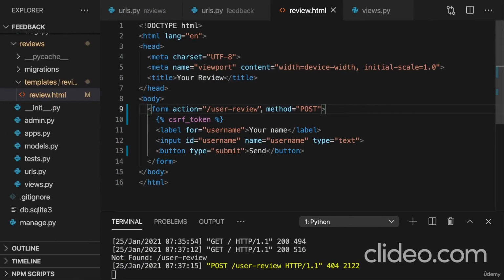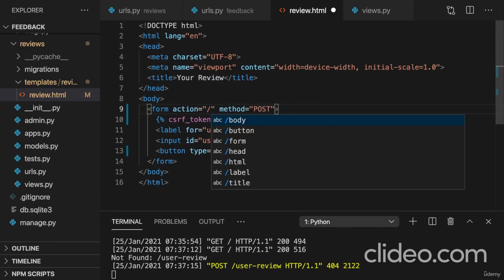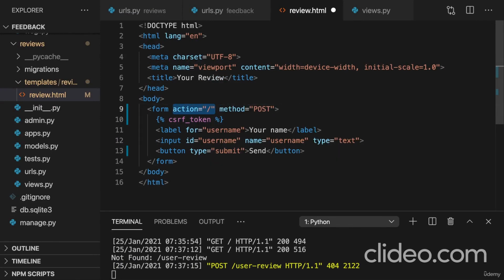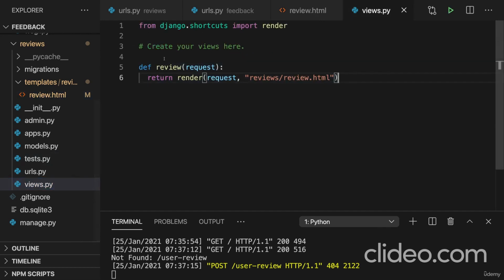But here I don't want to change it. Hence I'll set it to /nothing, and I could even omit it, as you saw before. But to be very clear, I will add the action attribute, but send it to /nothing. And therefore it will arrive in this view function. So now in this view function, we actually want to check whether we get a POST or a GET request, and then do different things based on that request